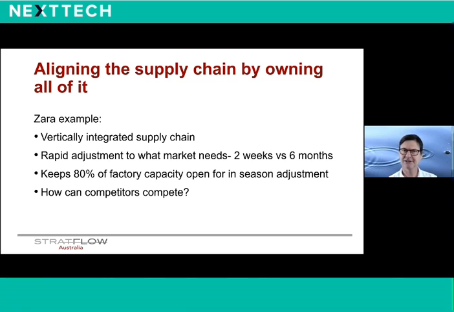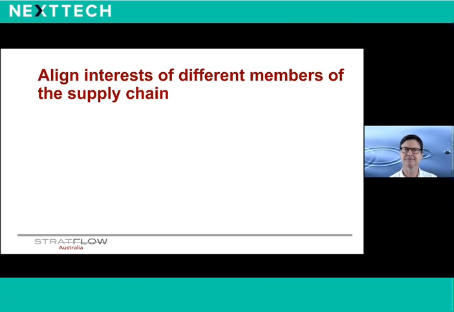It makes sure that its factories reserve more than 80% of their capacity for in-season adjustments. In-house production allows the organization the stability and the agility to vary the amount, frequency, and the variety of new products to be launched. Zara ensures it has extra capacity on hand to respond to demand as it develops and changes. For example, it operates 4.5 days per week at full capacity, leaving the opportunity to add extra shifts when it's needed.